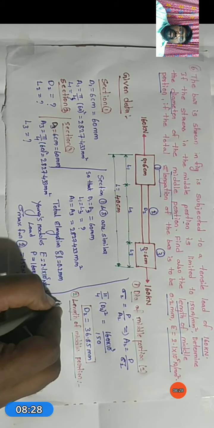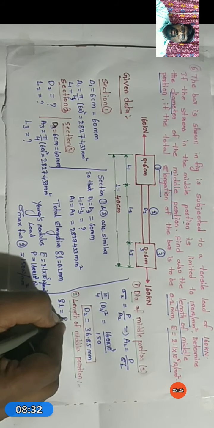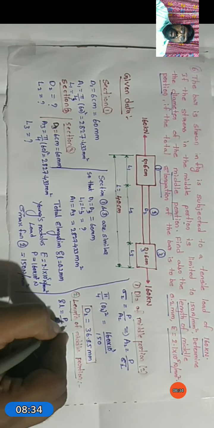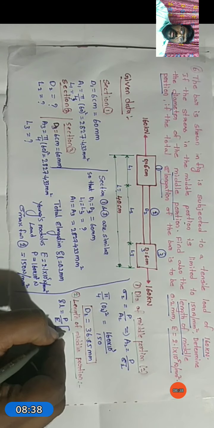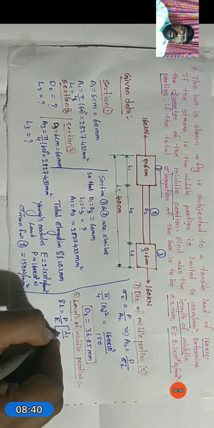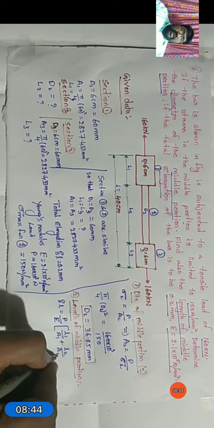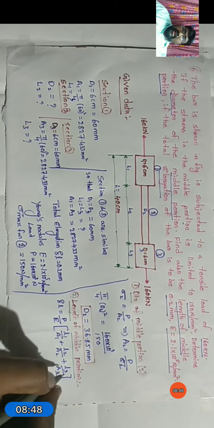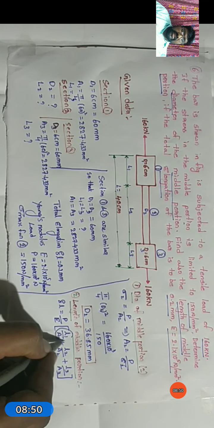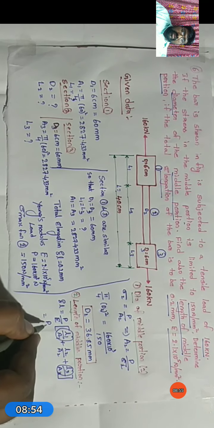We know the formula, change in length for varying cross section subjected to axial load is P by E, here load and Young's modulus are the same, so I have taken them common, L1 by A1, L2 by A2 and L3 by A3. Here L1 and L3 for section 1 and section 3 are the same, so we can write